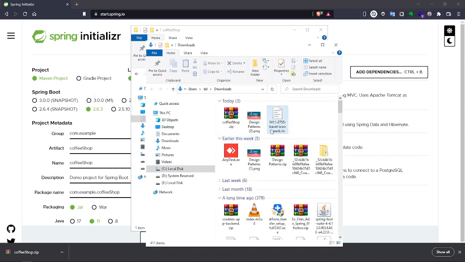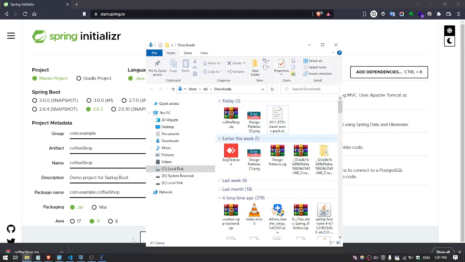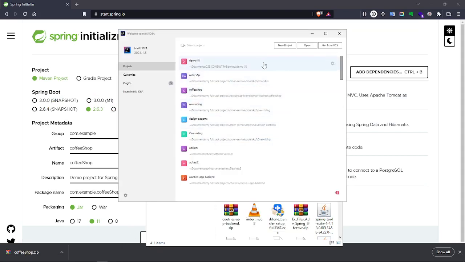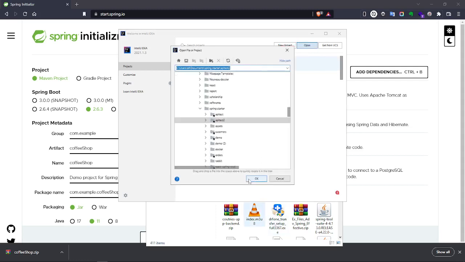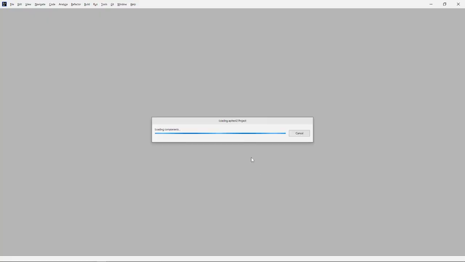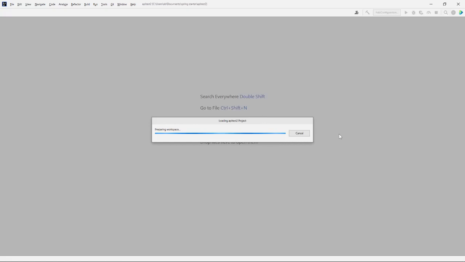So we're going back to IntelliJ IDEA, and I'm gonna go to open and click on this. Okay, now that will load the project for us. Let's wait for IntelliJ IDEA until it